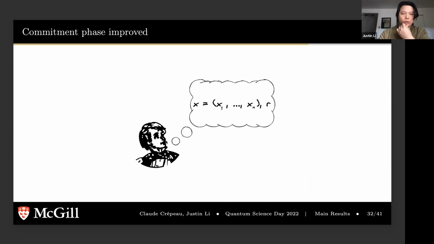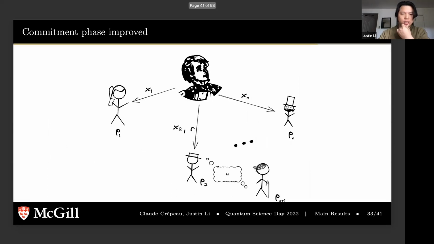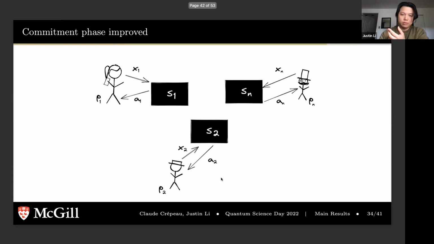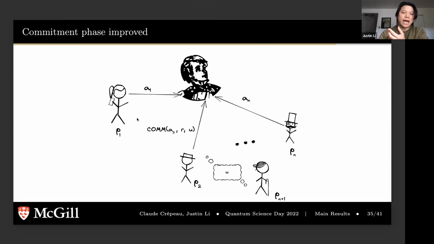So again, now what happens is the verifier samples the same questions, but with an additional string that he chose. He sends that additional string to the player that is going to run the commitment protocol with the additional player. And now here, the designated player and the additional player share a matrix of strings, and based on the R and the input that he gets and this U, he will commit his answer and send it back to the verifier. So if this commitment is actually quantum safe, then the verifier would not be able to guess or find out what the answer this designated player wants to answer.